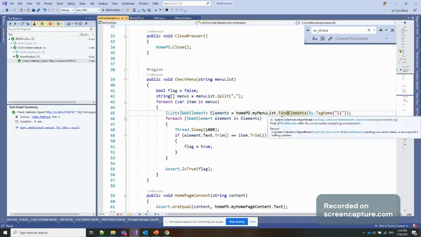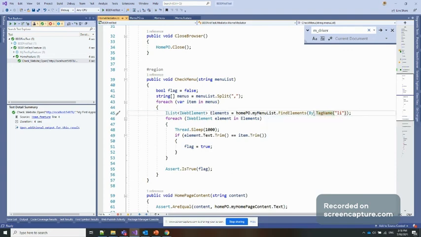In the home mediator, I'm using by tag name. Previously we used by ID, but now we don't have the ID, we have the tag name. The tag name is li, so you will get two li. That's why we are using this IList here. And on the IList, we know we can iterate, because that is an enumerable type of list. You can see I put Thread.Sleep intentionally, because it is very fast and we can't see what is going on in the UI. So I intentionally put some wait here.